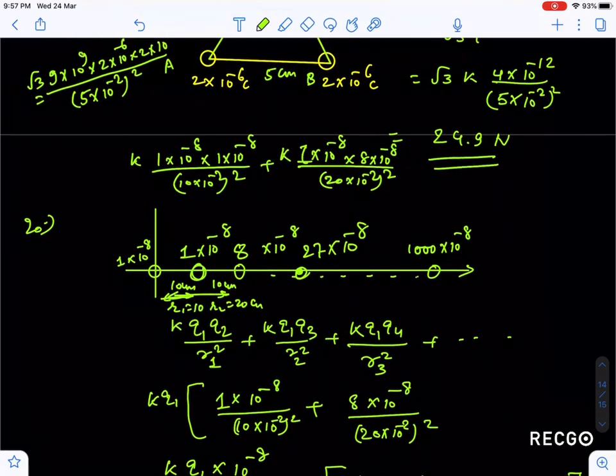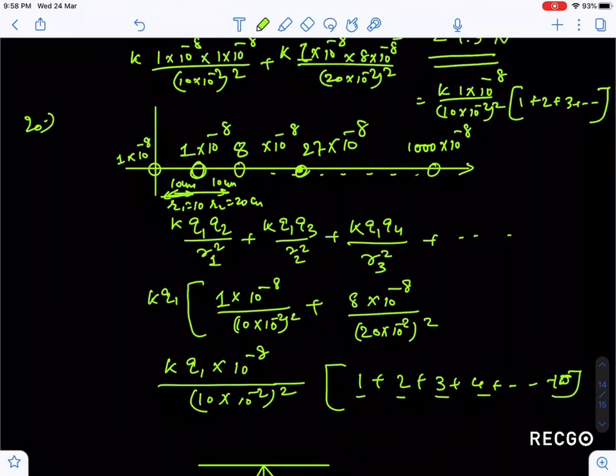So what I have taken common guys, k q1 I have taken common. Even you can take 10 raised to power minus 2 whole square also outside and 10 also outside. So I can take k q1, which is 1 into 10 to power minus 8, multiplied by 10 into 10 raised to power minus 2 whole square, I can take common. So this will be 1, so this will be 2. Like this sequence you will find out, and you can calculate this value that k q1 q2 divided by r square. Taking this series, this you can write n into n plus 1 by 2 into, this is 9 into 10 to the power 9, 1 into 10 to the power minus 8, and q1 is also 10 raised to power, I think q1 you can cross check guys.